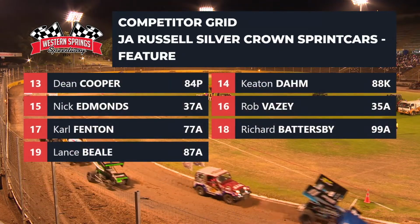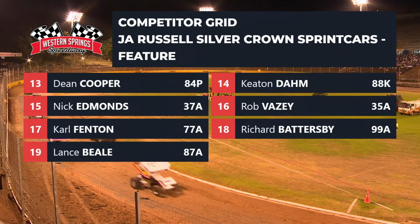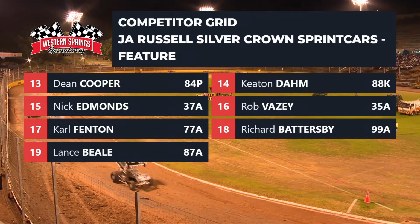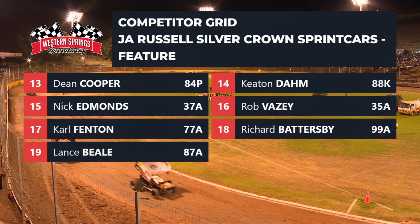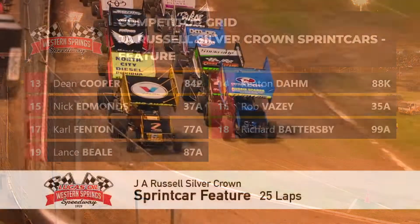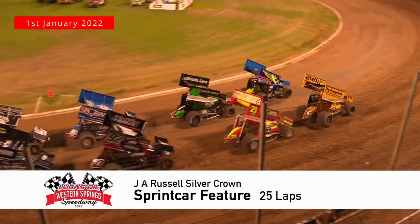Then we move back a little further out of position number 13, a man who's done it tough here tonight, the 84P of Dean Cooper. And on the outside of him, the man out of Mount Maunganui is going to be Keaton Darm out of 14. Nick Edmonds in the 37A out of position number 15 with Rob Vasey on the outside of him in 16. As we look to go green next time past the flag post, we're going to start our 25 laps